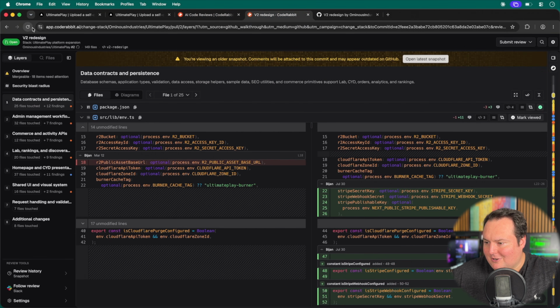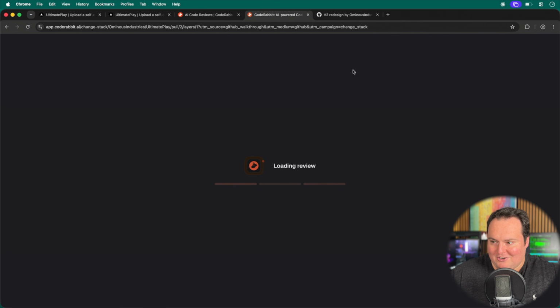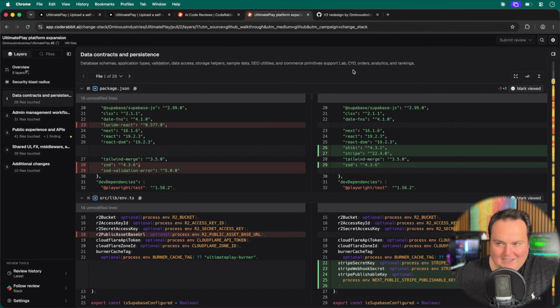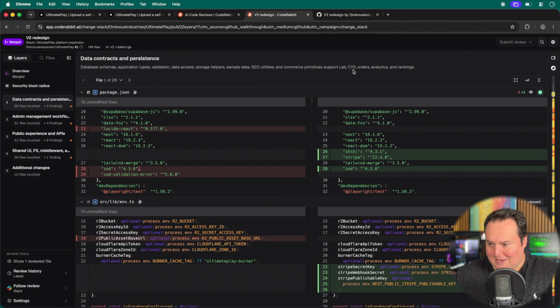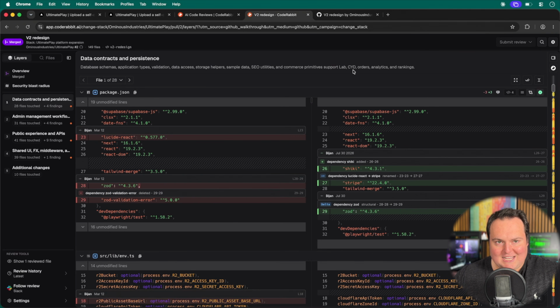So you're viewing an older snapshot, comments will be attached to this commit and appear outdated. This is probably one of the other things we want to mention: this keeps a timeline, chronologically, of the changes you've made. It can be used to weave a thread through the specific things in your repo, like how it pointed out that if two users upload something and it gets the same slug, this could be an issue. But then I told it, well, this is a low traffic site, so we don't have to make that a priority issue, and it will remember context,